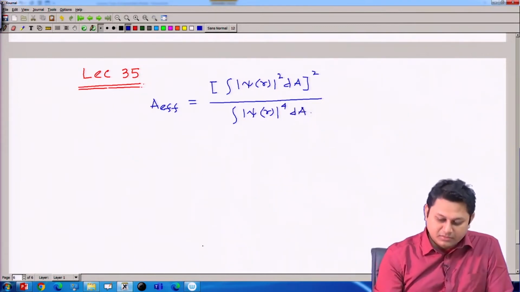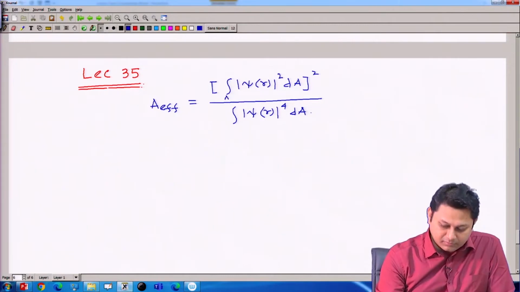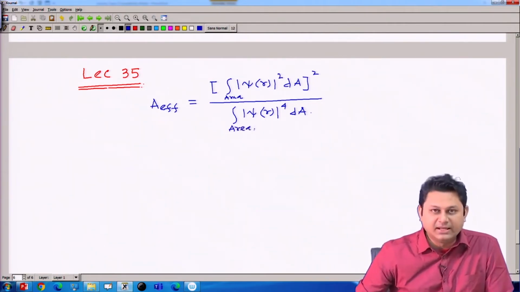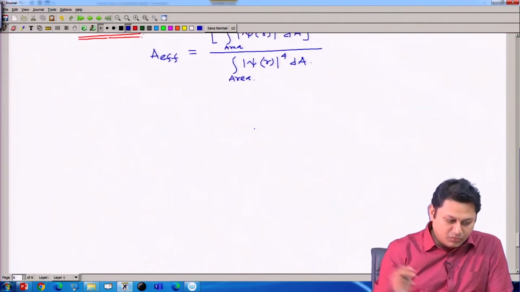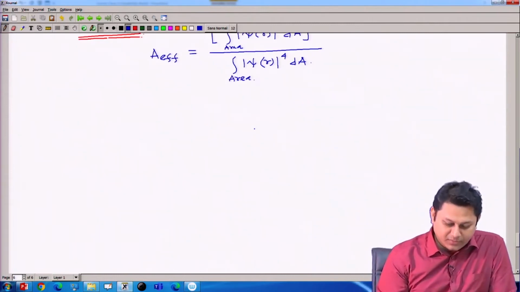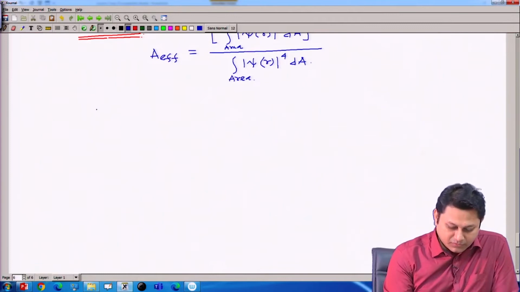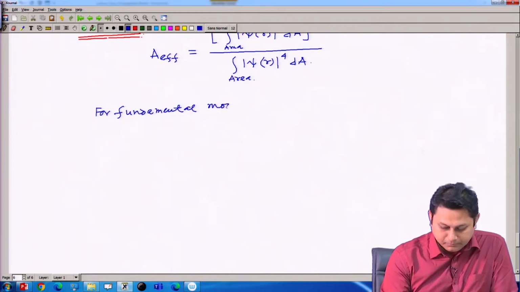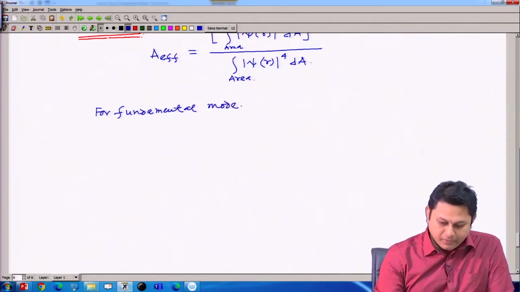By definition, this is over area, this is over area. So, by definition, this is the effective area. Now, we are going to calculate the effective area for a fundamental mode. So, for fundamental mode, we have